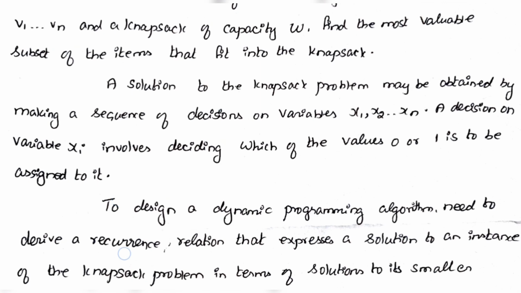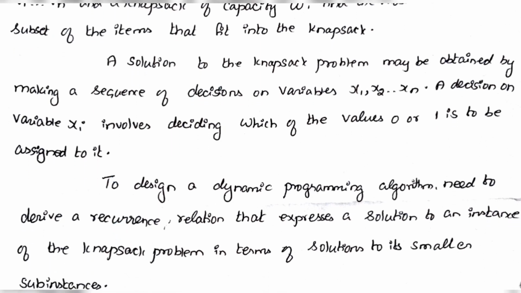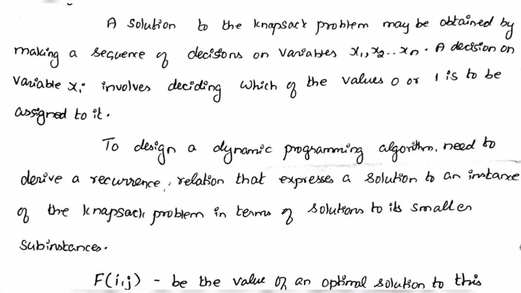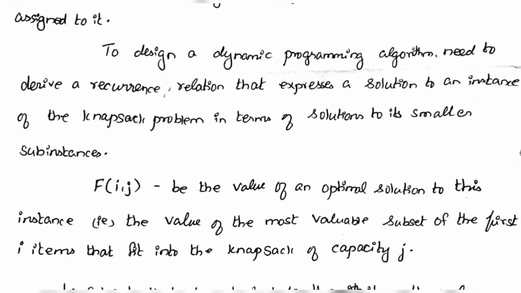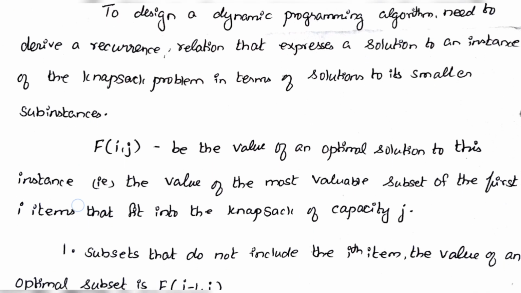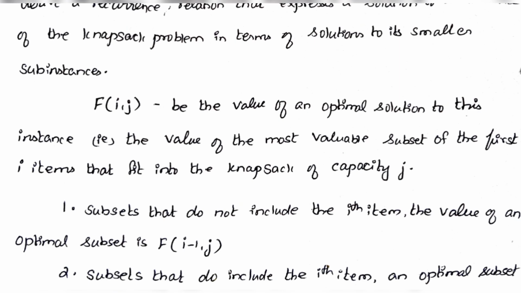The solution to the knapsack problem may be obtained by a sequence of decisions on variables x1 to xn. A decision on variable xi involves deciding which of the values 0 or 1 is to be assigned to it. To design a dynamic programming algorithm, we need to derive a recurrence relation that expresses a solution to an instance of the knapsack problem in terms of the solutions to its smaller instances,